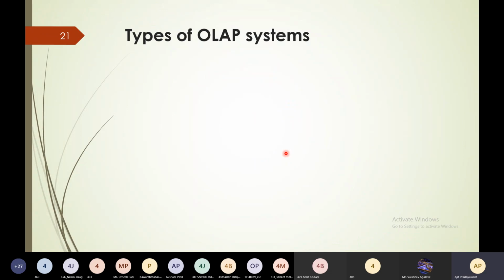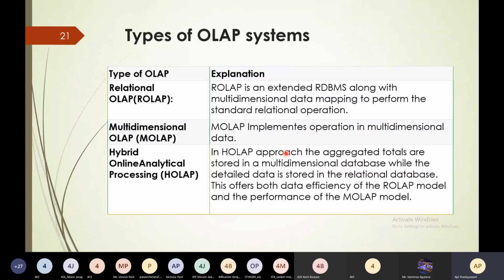Now moving forward, we are going to learn about the different types of OLAP systems. These are the types of OLAP system. First one is relational OLAP, that is called ROLAP.